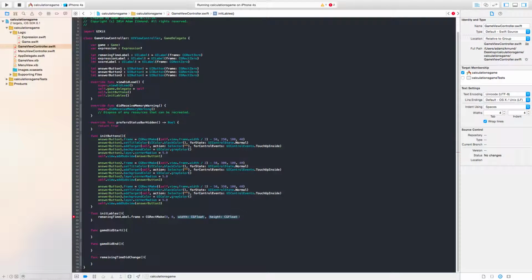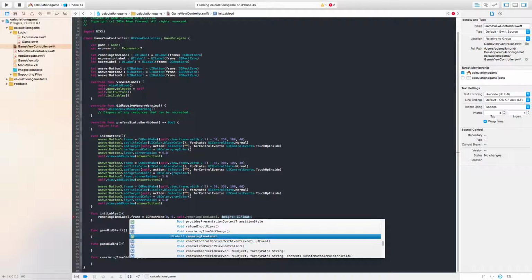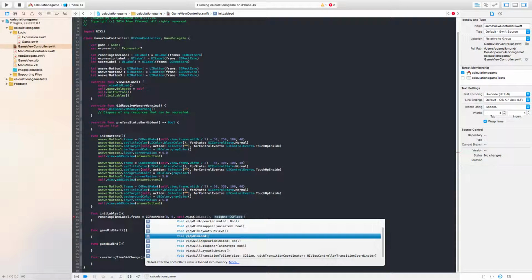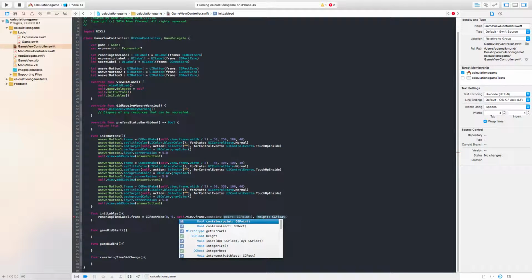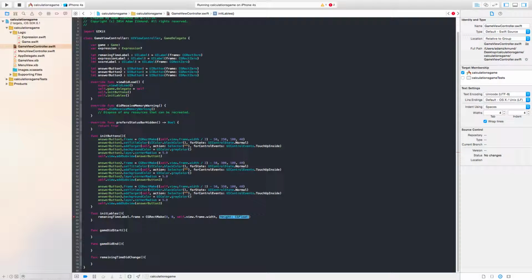So now I will have the position of the label in the top left corner, and now I set the width of the label to the width of the frame view, so adjust width, and the height of the label will be this. Okay,